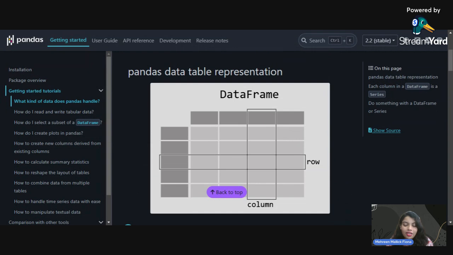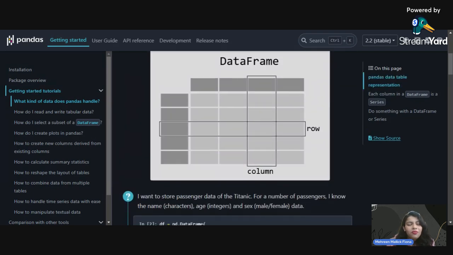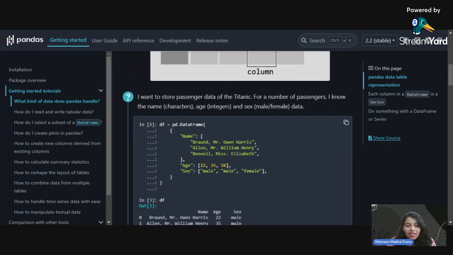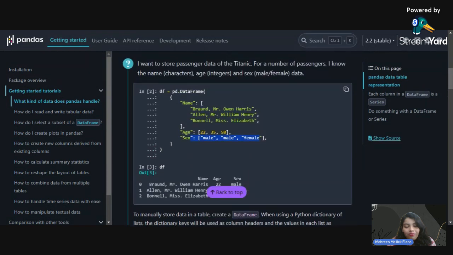Row and column makes a table or an array, but why is it a data frame? Why is it not an array? So what makes it different from the NumPy array and the pandas one here? It is saying data frame. What is the difference? So we can see that in the code given below, it is kind of giving us a feel of a dictionary. So as you can see, curly braces, then the name as a key, its value here is passed as a list, and then again this one, this one, this one, and another row and column.